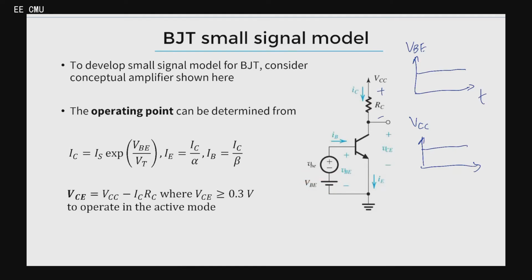When we consider the small signal model for all these devices, we have to replace every one of them with a small signal model. This small signal analysis is already a small signal one. Does this one have any changes? There are no changes, right? Therefore, in small signal analysis, this VB is 0. A voltage of 0 means what? A short circuit, right? And for VCC, does this one have any changes? There are no changes. In a small signal model, we are only interested in signals that change. Therefore, this VCC is also 0. 0 means a short circuit.